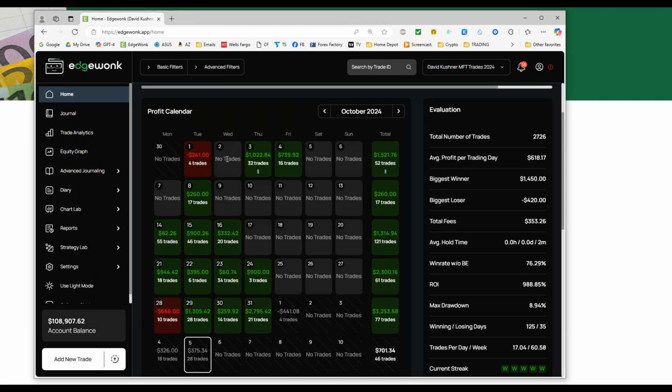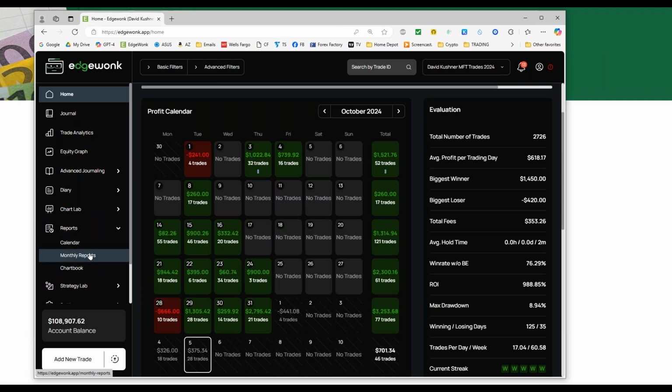So if you look at this, you can see we have 1 day, 2, 3, 4. These days here, the 9th, 10th, and 11th, were hurricane days because I live in Central Florida. So this was Hurricane Helene, and the 17th and 18th were Hurricane Milton days. So let's go 1, 2, 3, 4, 5, 6, 7, 8. 8 days, 8 out of 20 trading days, we didn't trade in October.